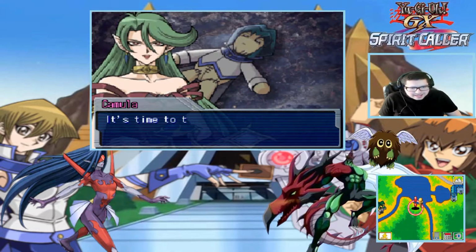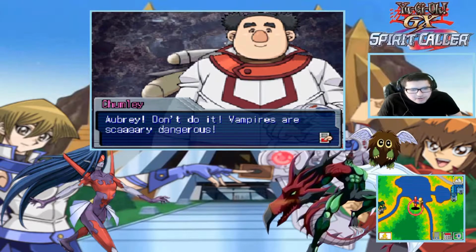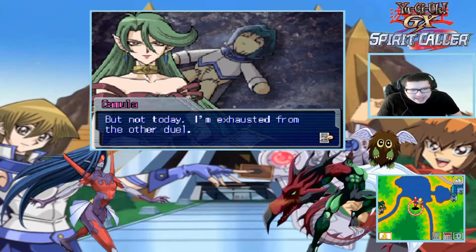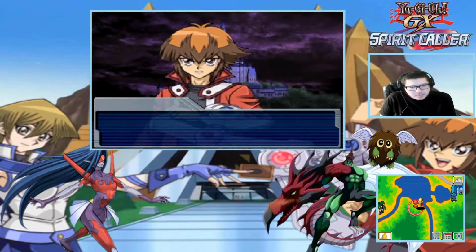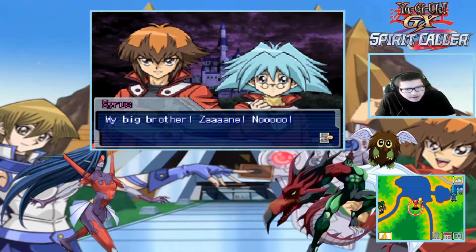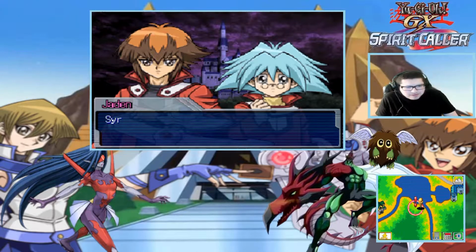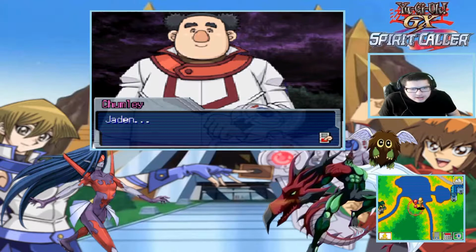Very good care. It's time to take my second prize. That would be... you! Aubrey, don't do it! Vampires are scary dangerous. But not today. I'm exhausted from the other two. Wait, Camila! Zane! My big brother! Zane! No! Cyrus! Duels are supposed to be fun! So why did you have to make Cyrus cry? Why did Zane have to end up like that? Jaden...